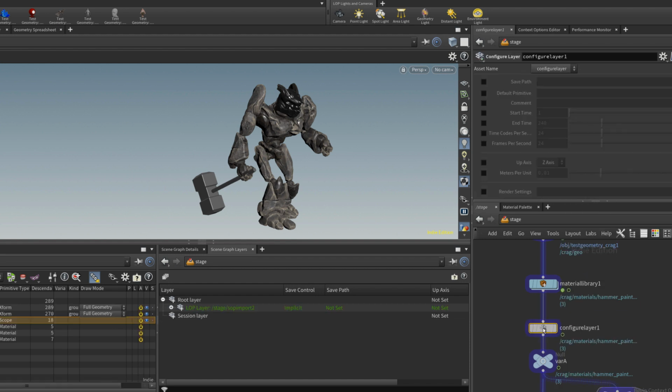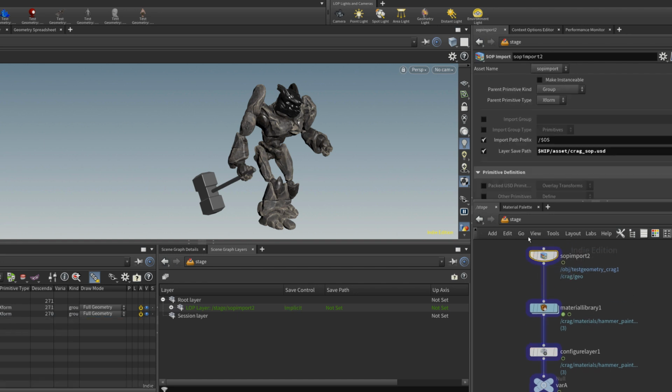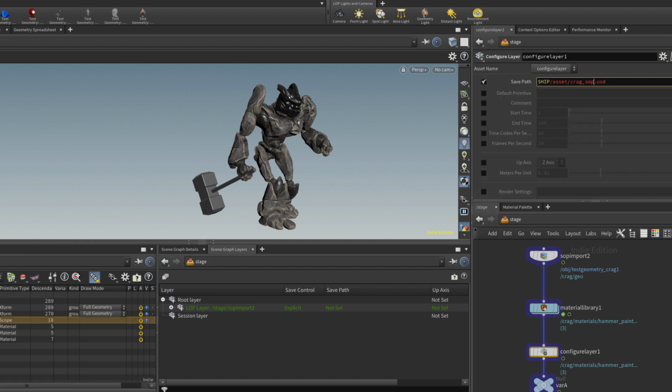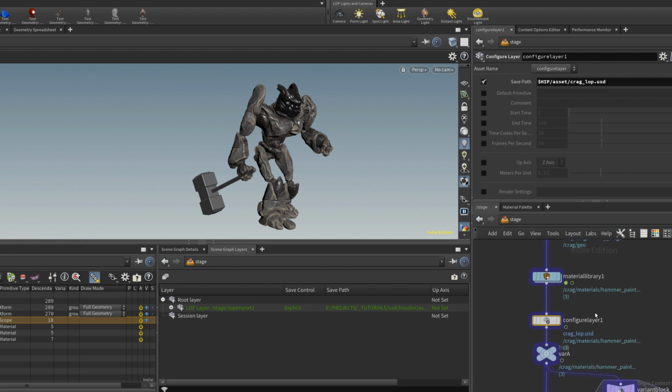So this node is pretty important to actually export some USD layers, and you would need to save the path as well in here. So we'll just pick up the same naming. I will just call that Krag LOP, for example. And as you can see, it changed the save path and set this save control to explicit now. So yeah, that's one thing to take into account.